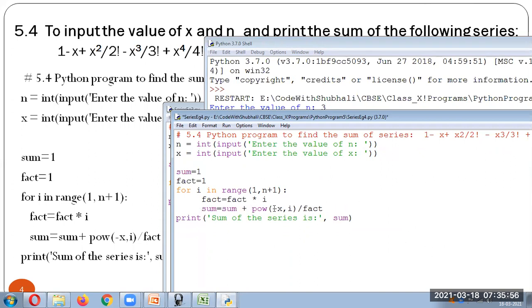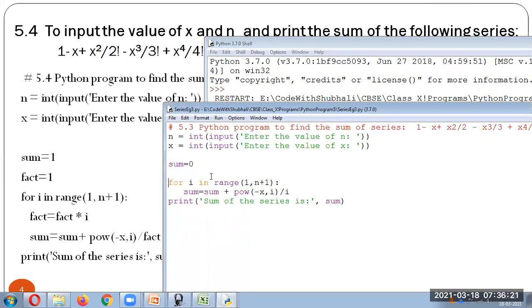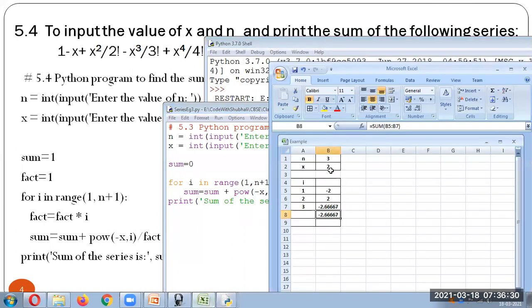Okay, so here as you can see, the only thing added in here is factorial is equal to factorial into i. I initially will take the value. You also have to ensure that you take the initial value of factorial as 1. And for sum, you take the initial value as 1 because we'll be taking the sum also. Okay, it will start from there. So let us see whether we are getting the correct output.